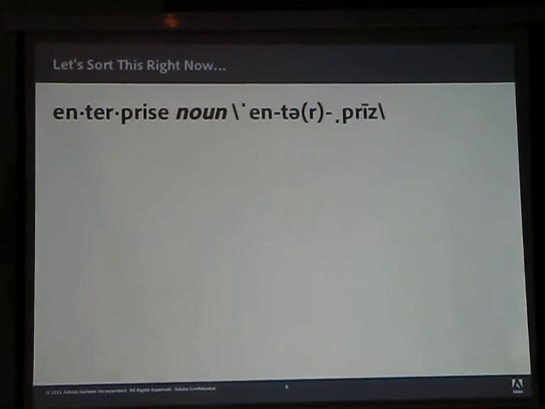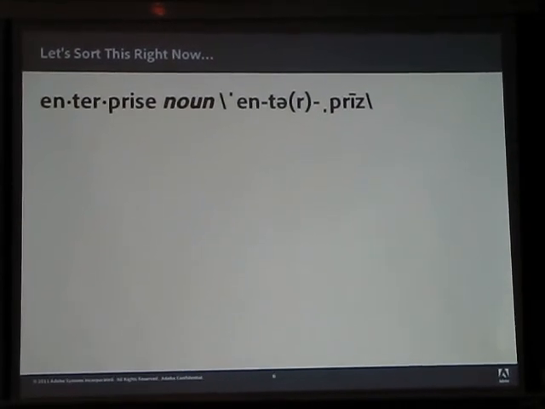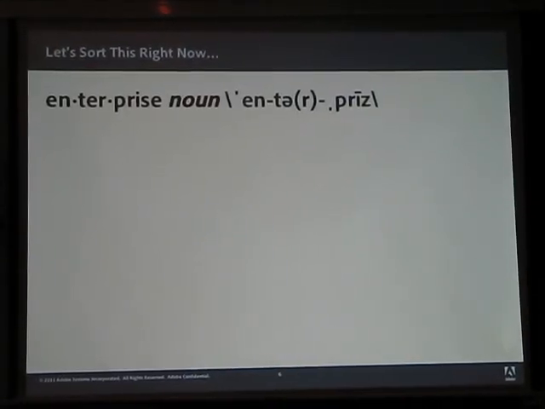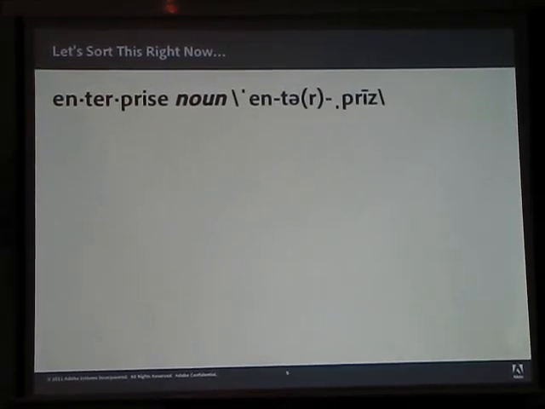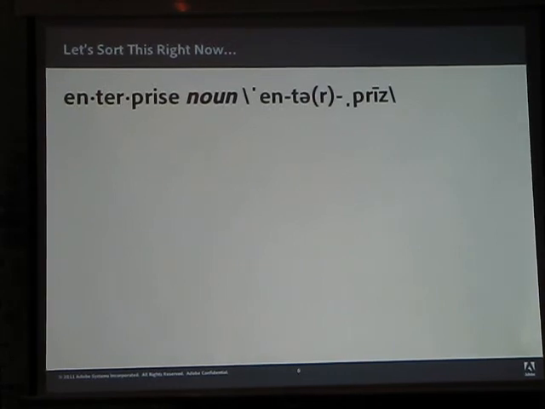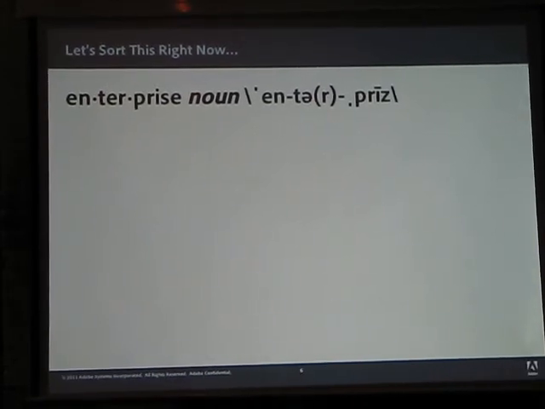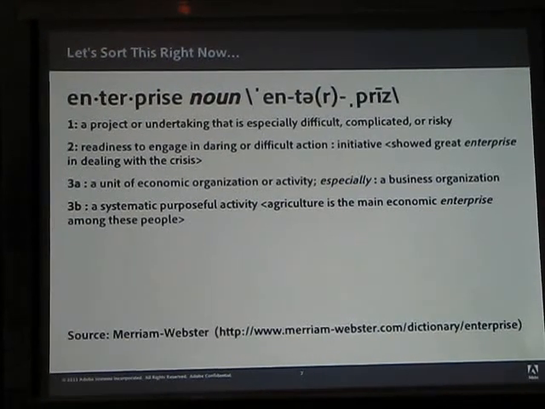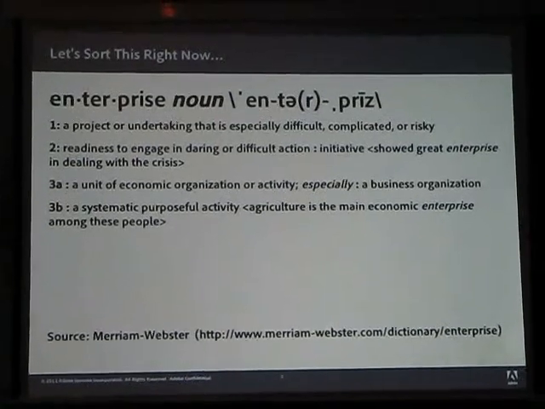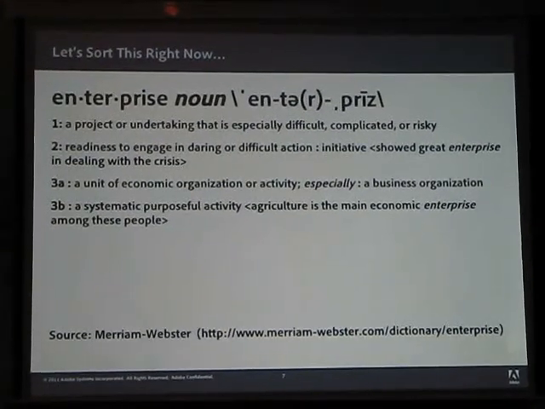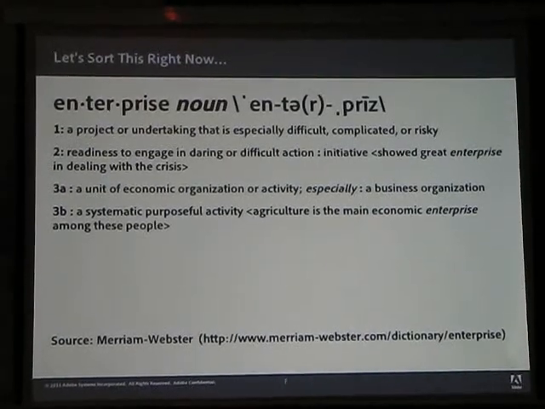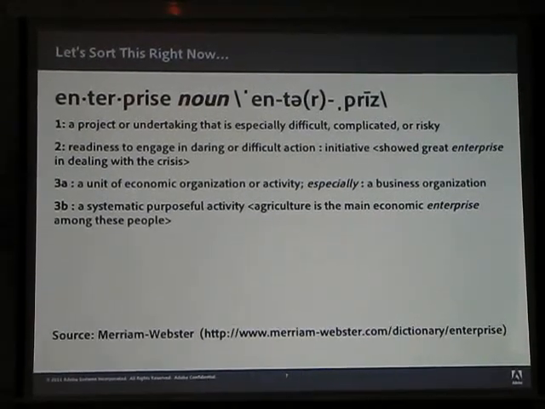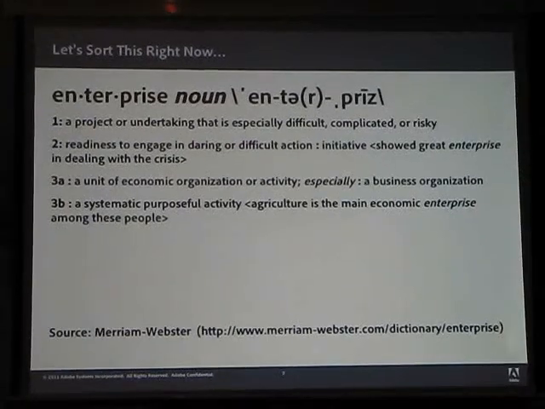So usually when people hear me say enterprise, and they don't know that I used to be a Flash developer, they're like, oh, you've sold out. You've totally sold out. So I was like, okay, well, what does enterprise actually mean? And I think the first definition is the most interesting one and the most relevant, because every single one of us working in digital, usually, unless we're doing banner ads, and even then sometimes that can be risky,